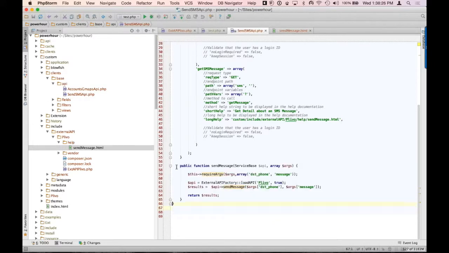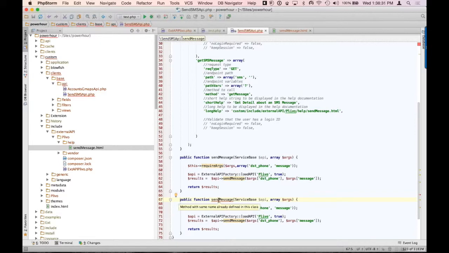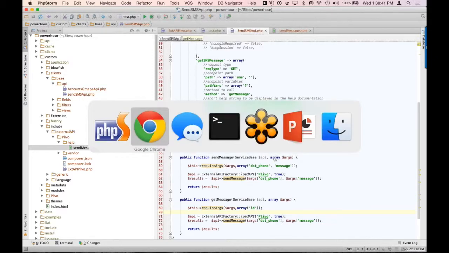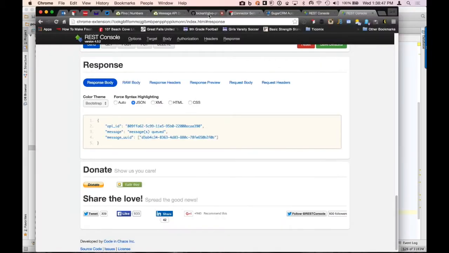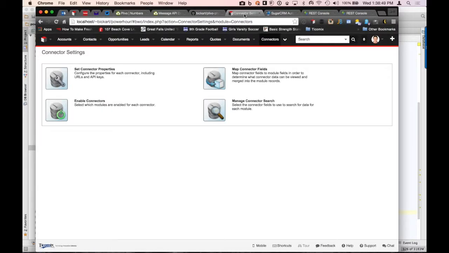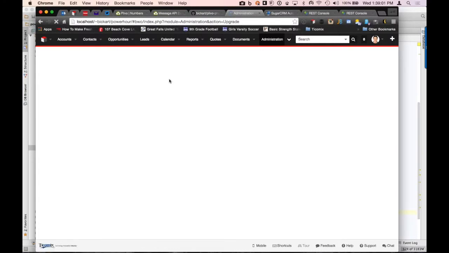So the first thing that we're going to do is, because this is brand new, we're going to see if I actually got this to appear inside of Sugar. So we're going to go back and do our repair. We'll do it the long way: admin, repair, quick repair and rebuild. And while that rebuilds, we're going to say we want to know